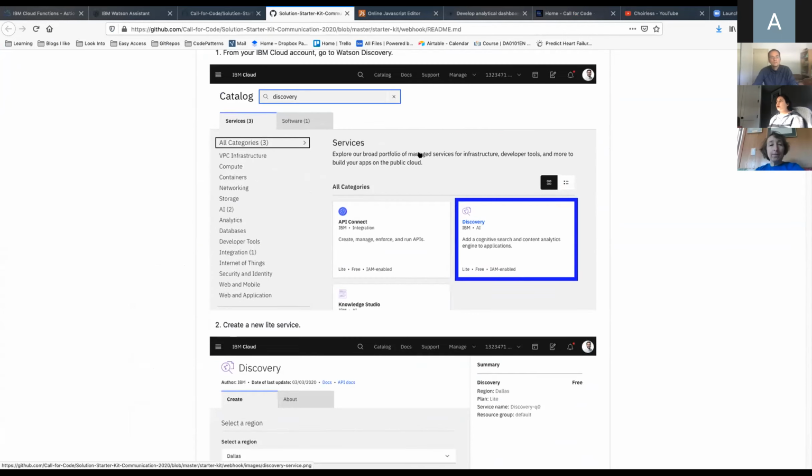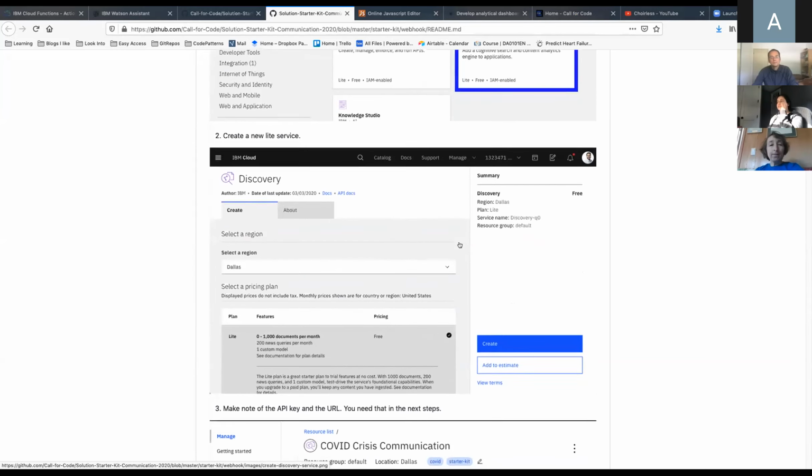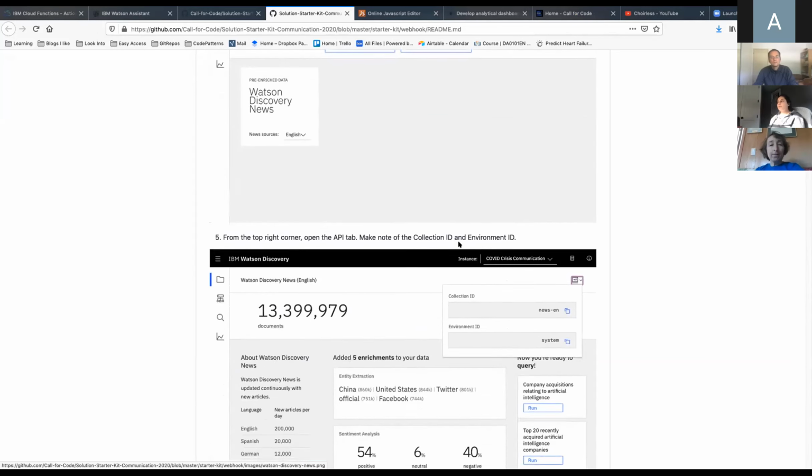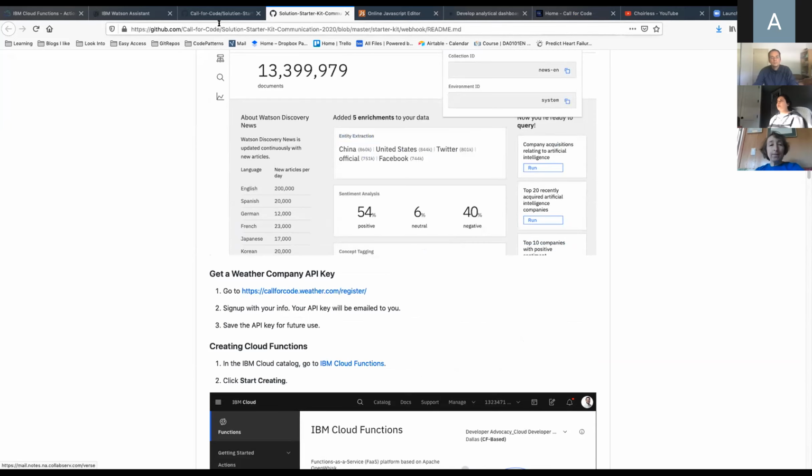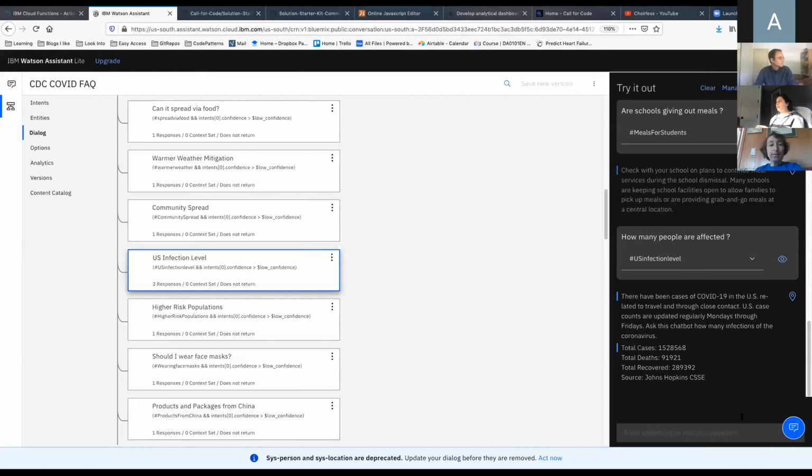And we use something called Watson Discovery, which is another IBM service, to get news articles especially. So in our Watson Assistant chatbot, we also have set up daily news about COVID.